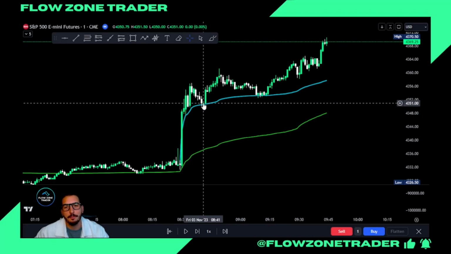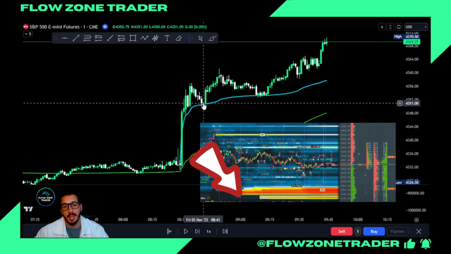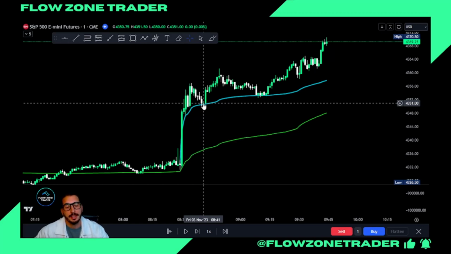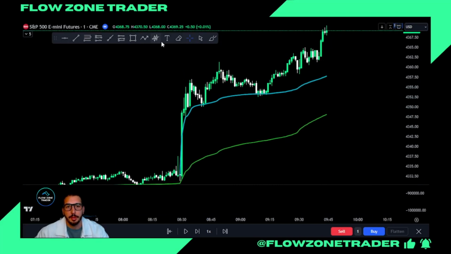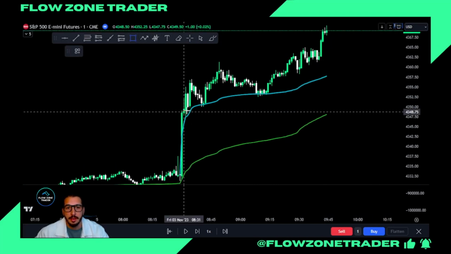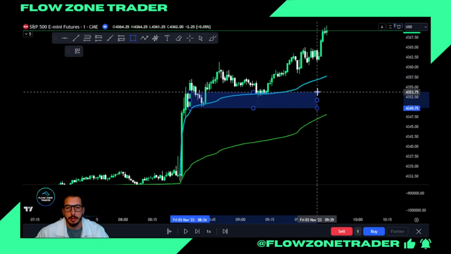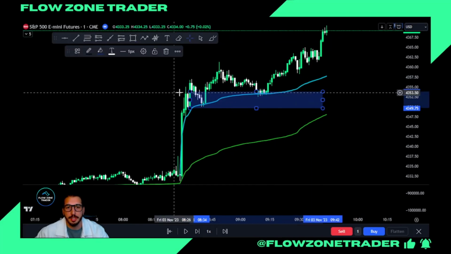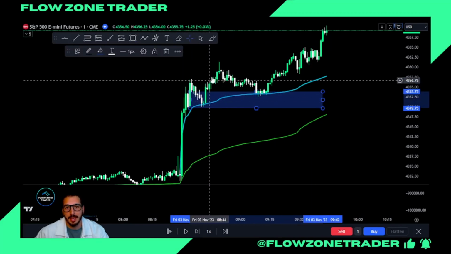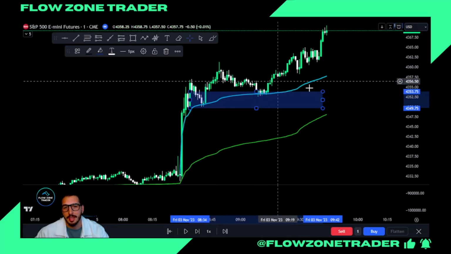Now if you have Bookmap or you have some good DOM or a good level 2, you would have seen there were a ton, and I mean a ton, of passive buyers sat there waiting to get filled. Just sat there waiting to get filled. And on top of this, you could argue, although thin, that this is an order block. Okay, that was a demand block because it gave us that big pushback. We came back and held it, and look, we held it again. So it's a break and retest.